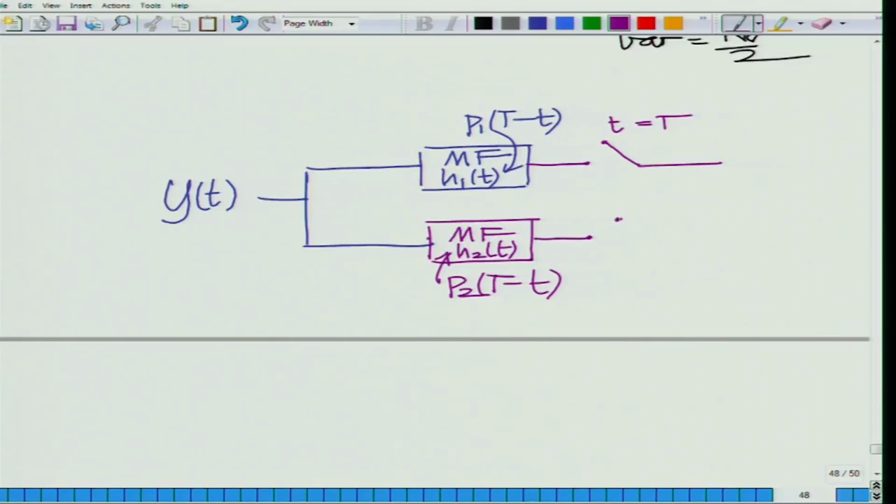You sample this second branch also at t equal to t, and therefore you get R1(t) and R2(t), and this you basically apply to a thresholding